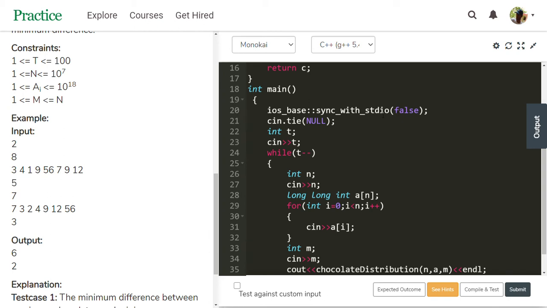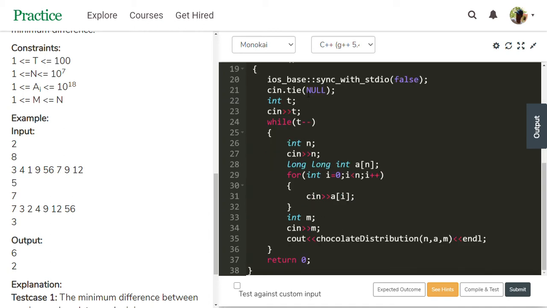It takes much more time. To reduce that, we make it false. Then this cin.tie(NULL), passing the null value, because there are large value iterations. To make them fast, this will be helpful. See, the values are large, 10 power 18, like that.